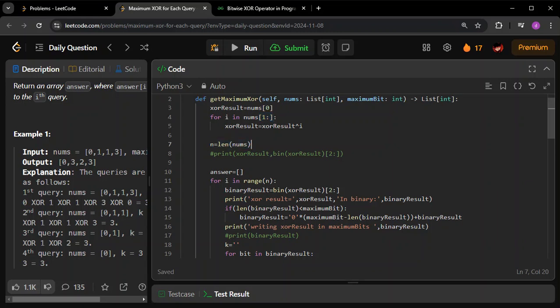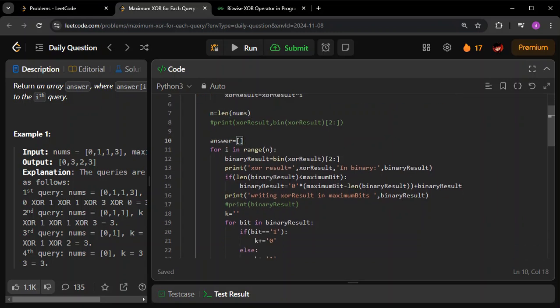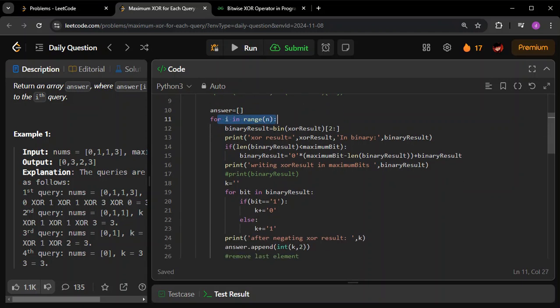I can take the length of nums also. Next, I'm going to form my answer array. Now I'm going to select each of the iterations, this is for n iterations. What I have to do is take the binary result of n. Convert this to binary and take it. See why I'm doing this. This part you will get to know only when you print and see what the binary of n is in